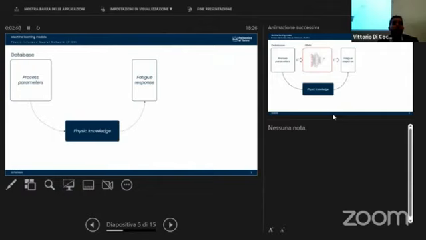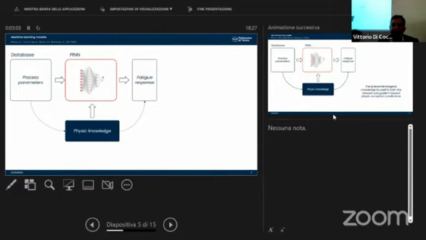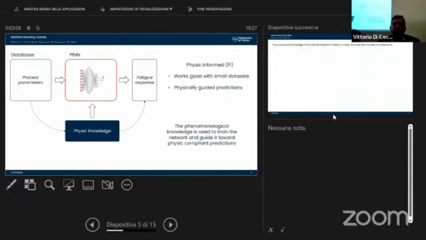If we have some knowledge that puts in relation the input and the output of our model, we can use this knowledge and infuse it into the neural network and build a physics-informed neural network to enhance the predictive capability of this tool. The main advantage when we use this approach is that we can have good prediction with a smaller data set, because we basically confine the domain of the solution, and we can have physically guided predictions that are strictly fundamental in science, of course.